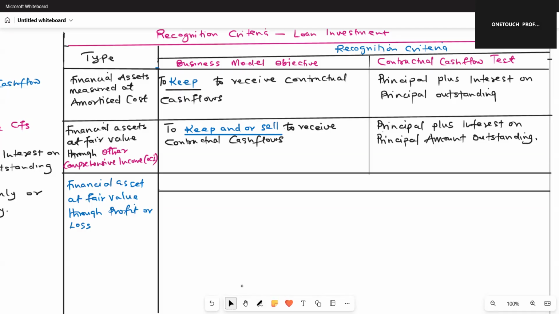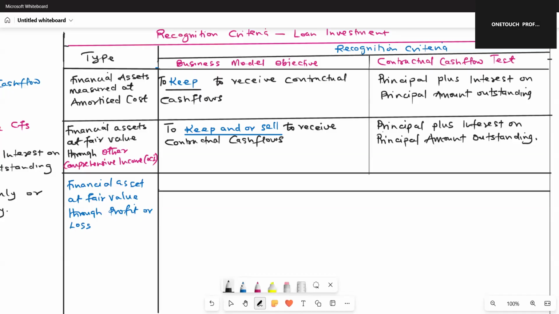I can see the principal plus interest on principal outstanding, and then the principal plus interest on principal amount outstanding. Is it the same thing? It's the same, please. Master, principal and principal amount are different. Well, this is accounting. We are dealing with principles. We are the same. Okay. So now,